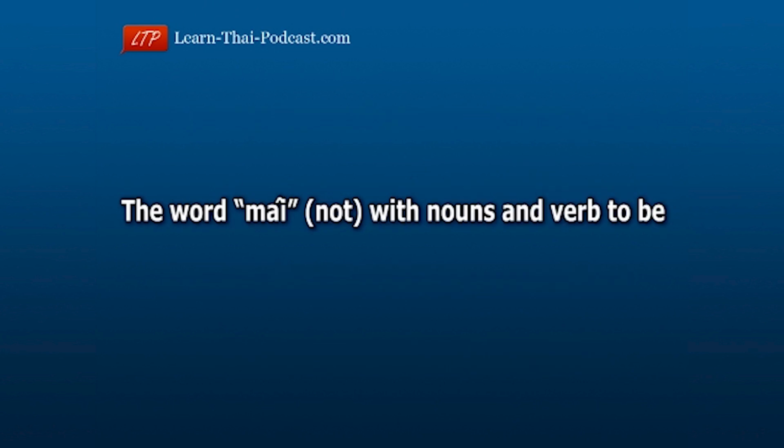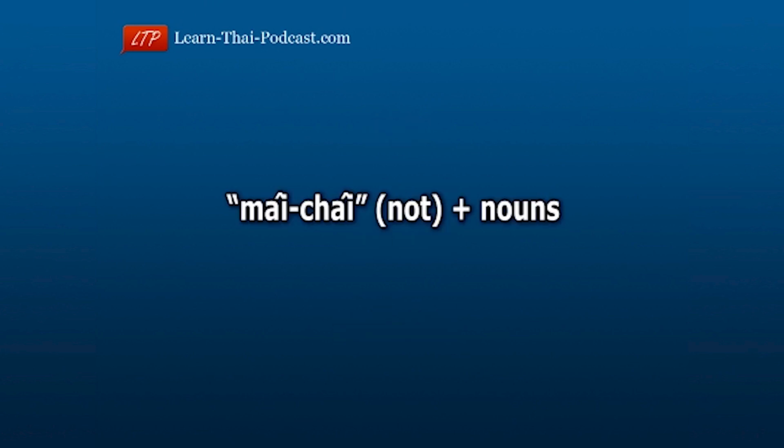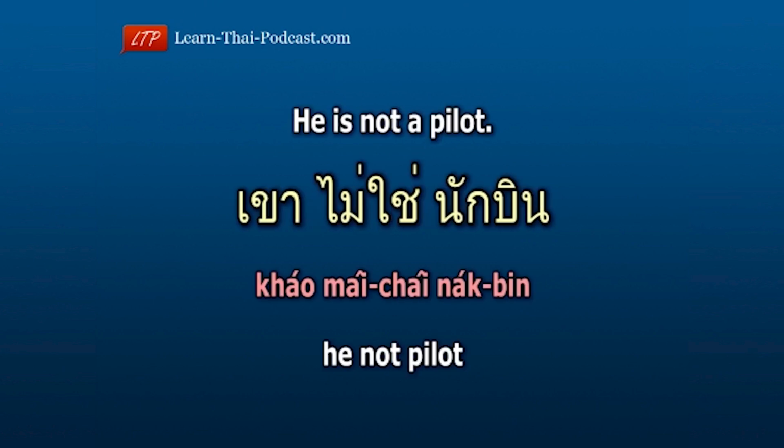In the last part of this lesson, we will have a look at ไม่ with nouns and the verb to be. The word ไม่ใช่ is used instead of ไม่ when using it with nouns. The sentence structure is ไม่ใช่ plus the noun. For example, he is not a pilot. เขาไม่ใช่นักบิน He เขา not ไม่ใช่ pilot นักบิน. He not pilot. เขาไม่ใช่นักบิน